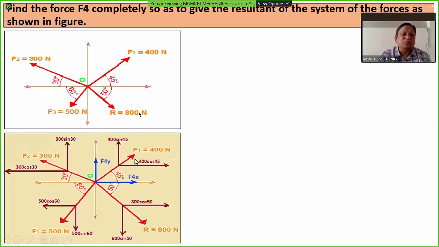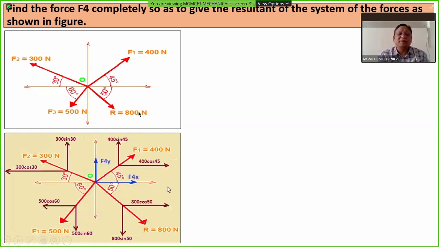Right, this is the force F1, its x component, y component. This is the force F2, x component and y component. Now you are familiar with the x and y components, so I will not waste time on them. Then force F3 I have resolved. Resultant also I have resolved into its two components. I am assuming the force F4, whose x component is F4x and y component is F4y. Understood? Directly I am resolving the force F4.